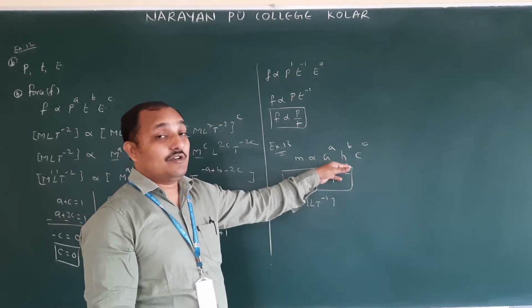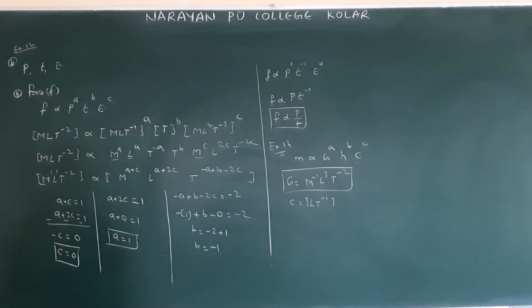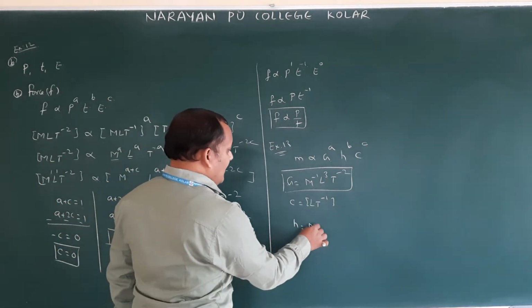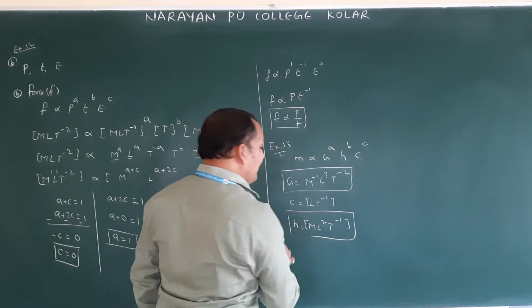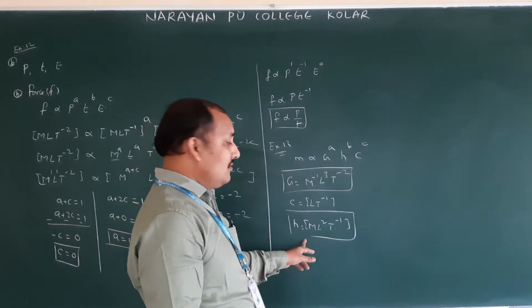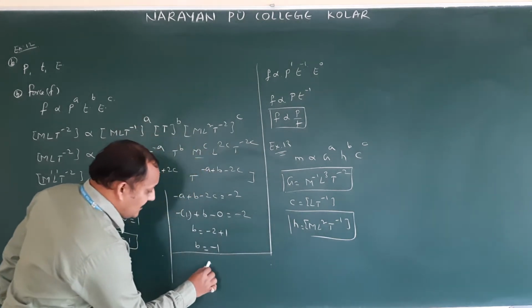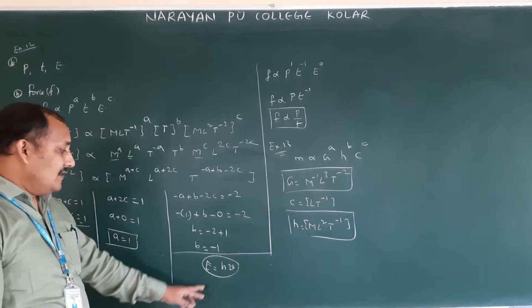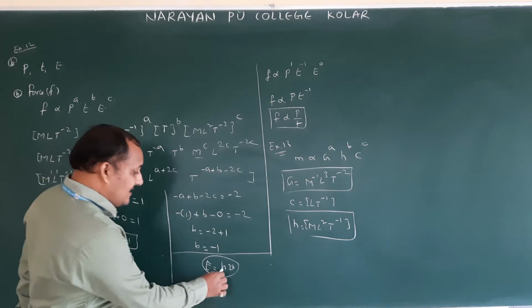For this, you should know the relation. What did they give there? Planck's constant h is equal to M L square T power minus 1. They have given it in the question, but how to get this: you might have heard this relation in your 9th or 10th class. E is equal to h mu, where h is Planck's constant, mu is frequency, E is energy. Then h is equal to